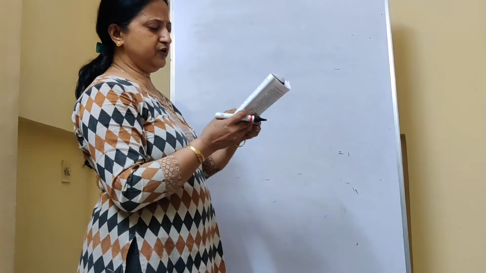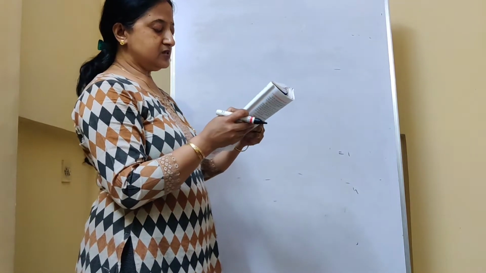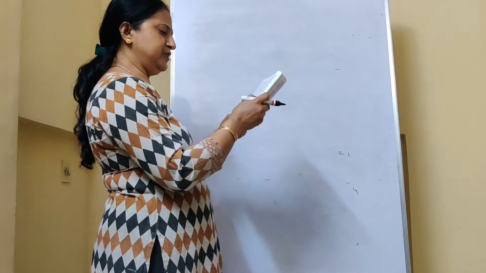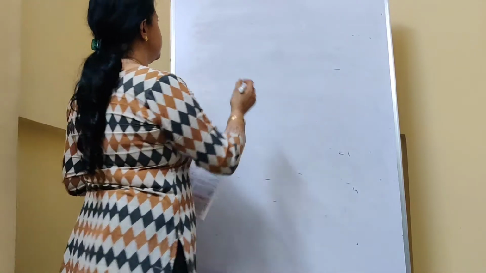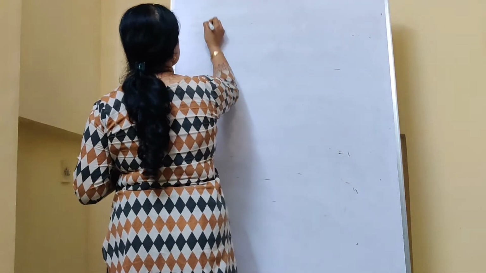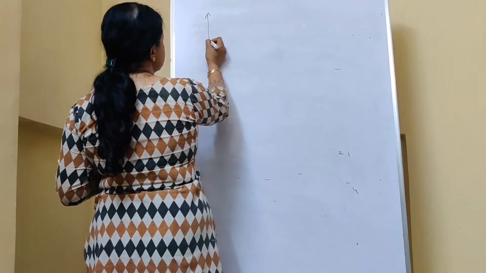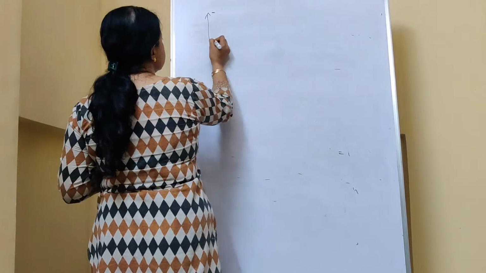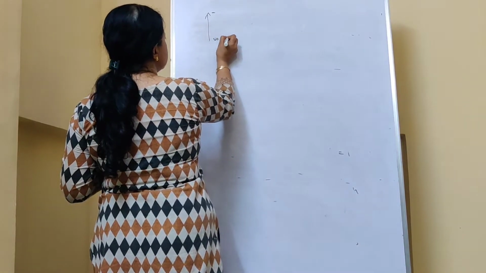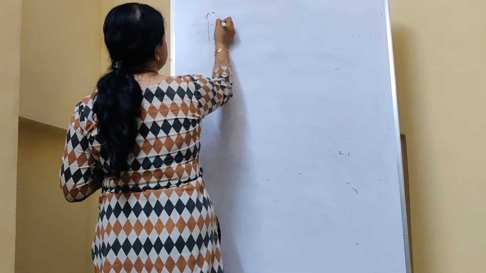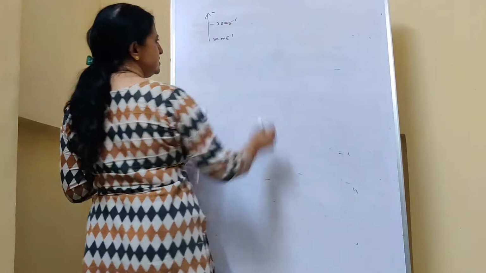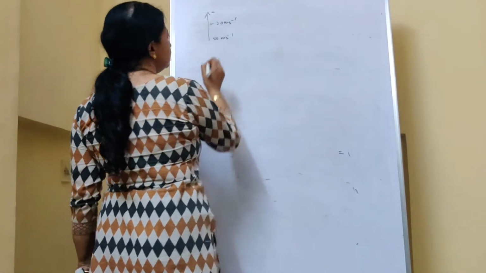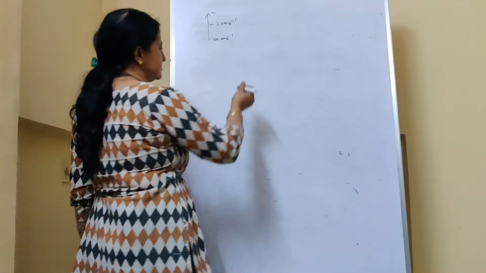It says a body moving vertically upwards. Its velocity changes from 50 meters per second to 20 meters per second. So the body is moving upward. Okay children, when you throw something upward, at the highest point velocity actually becomes 0. So here it starts with 50 meters per second and then changes to 20 meters per second. The velocity is decreasing. This will be a case of retardation, negative acceleration.